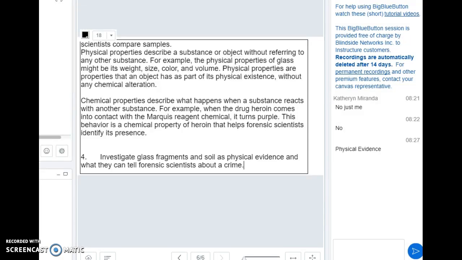Or where it came from, because soil is specific to certain places, right? All right, so perfect. So as far as soil samples go and glass fragments, there's a bunch of different